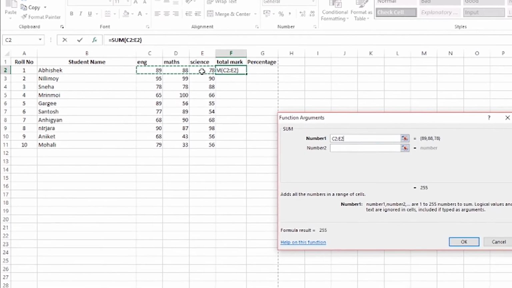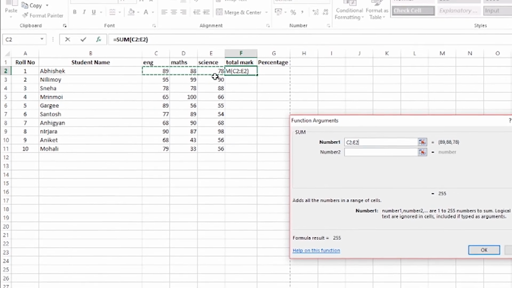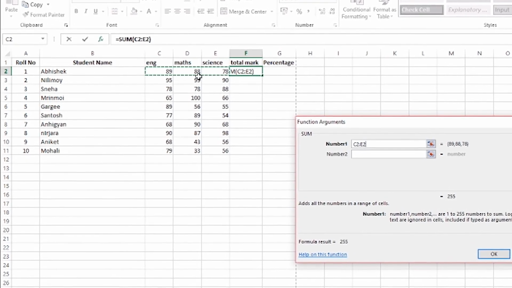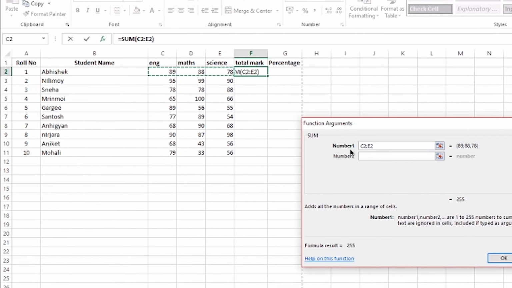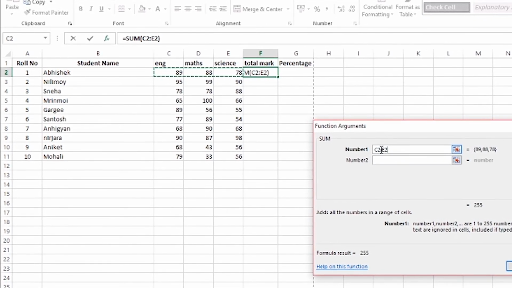You see the dotted lines are coming, and the reference is coming as C2 colon E2. That means C2, D2, E2. In between C2 and E2, the D2 is there. And now we will click on OK.